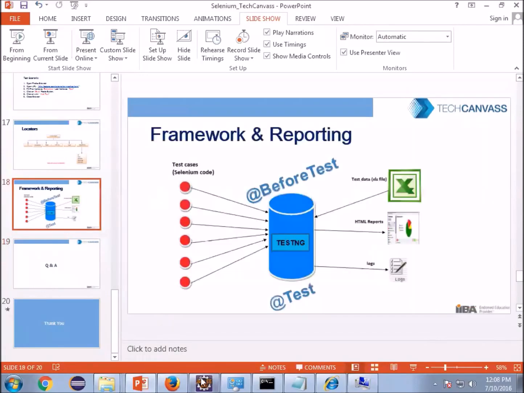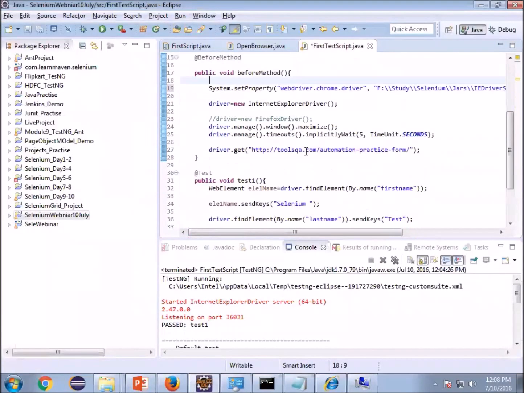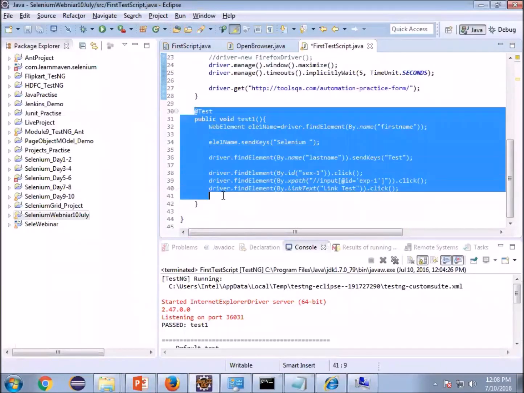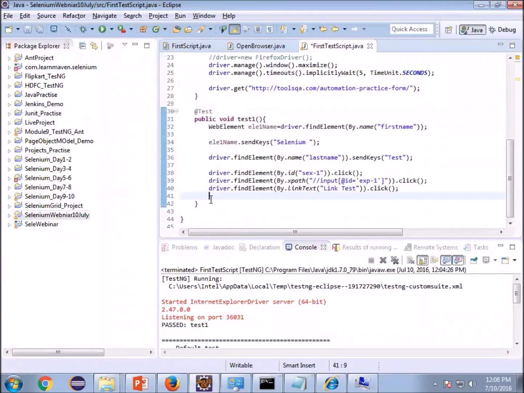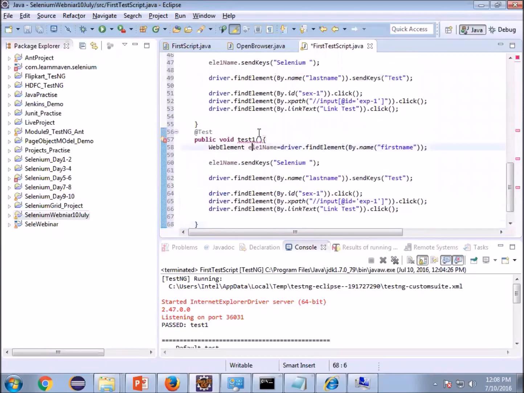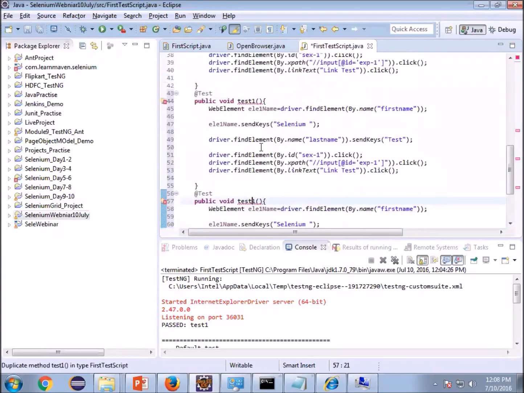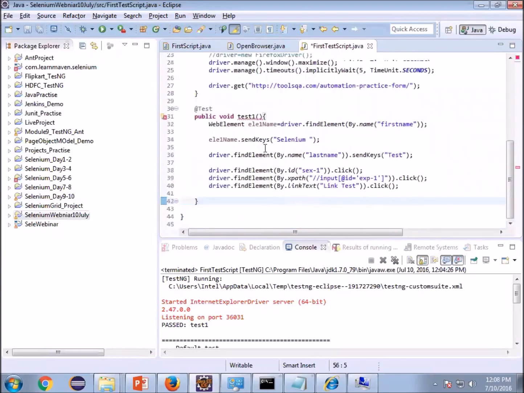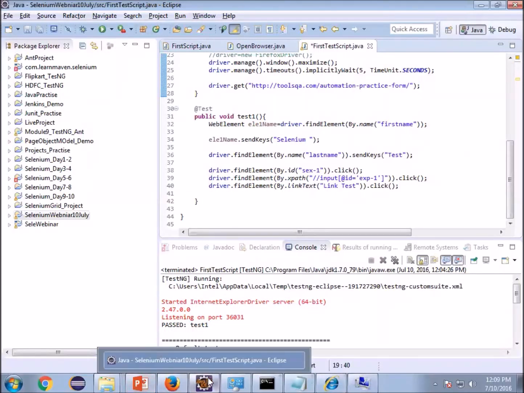See, I have just written one test case here, test one. You keep on writing your test cases here. Again, this is your one test case, second, third. You have to give names to these test cases. All these will become your test suite. Like if you write 10 test cases, you will get your test suite. And how to configure them, that stuff we will see during the course.